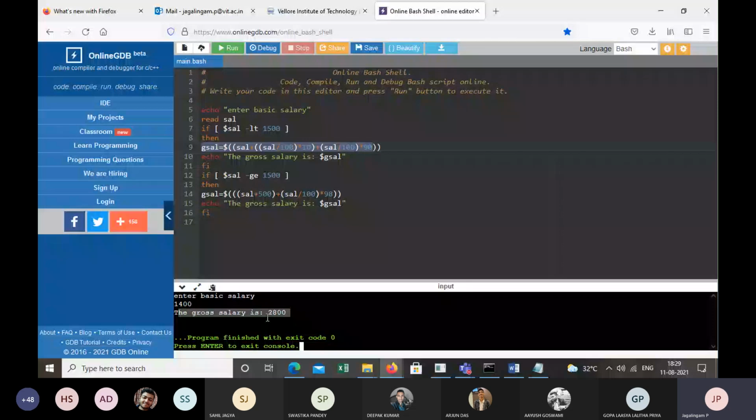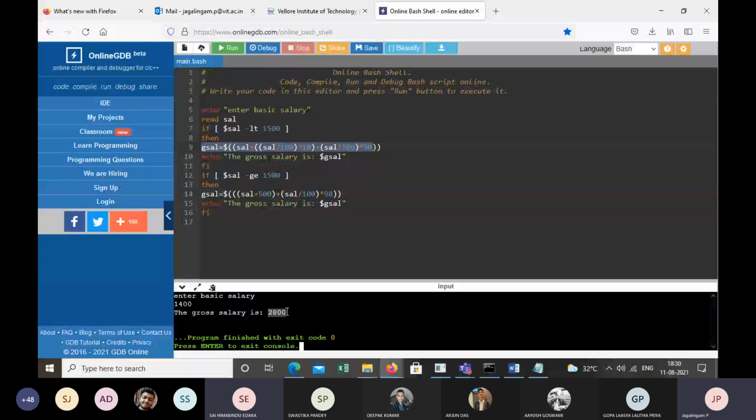Therefore, line 9 will be executed. So in line 9, wherever you find SAL, you keep 1,400 and check whether you get the result as 2,800. Can you please confirm this? Yes, sir, we're getting it.